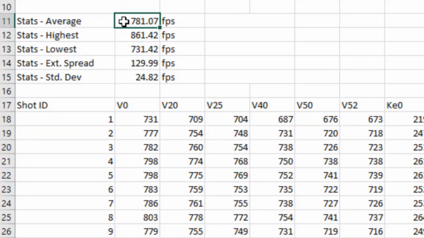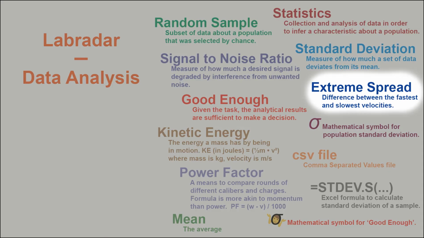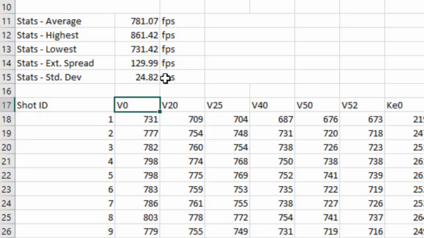These are the statistics just for this column. So for all of these 30 shots, the average was this, the highest velocity was this, the lowest velocity was this, the extreme spread, and the standard deviation.